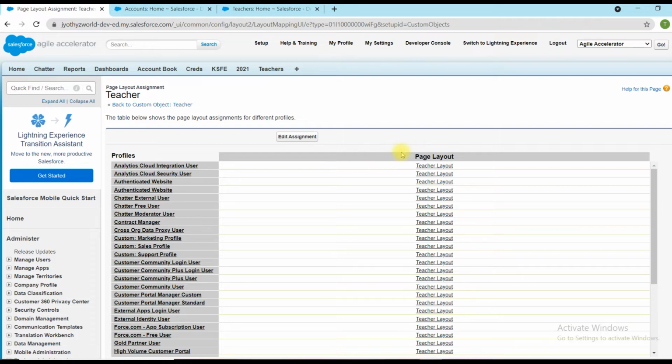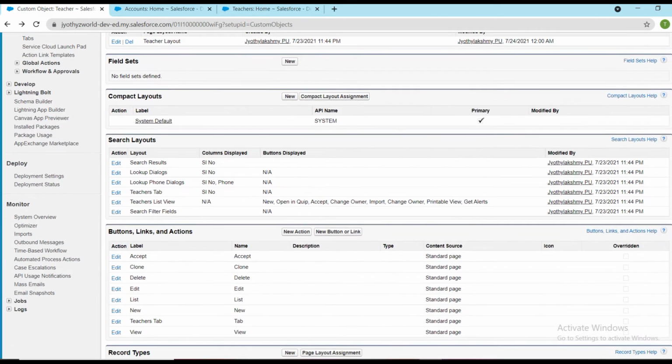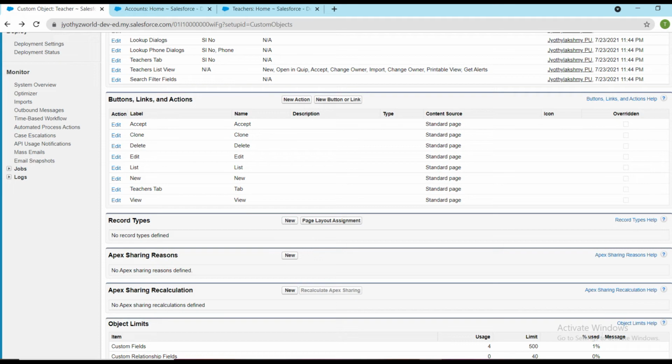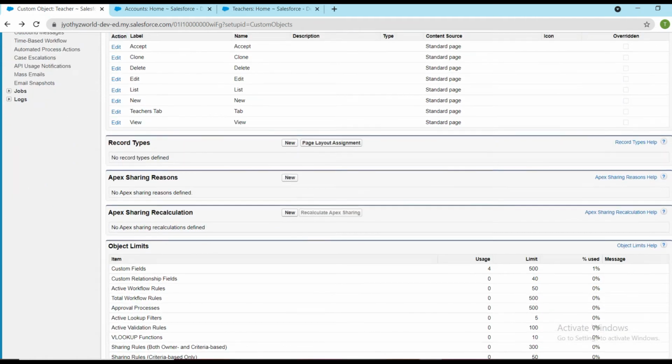This page layout is assigned to all the profiles existing in this org. Search layout, button links and its name. We can create multiple custom objects here. If we want to create a new custom object which is available on this page, we can add them here.